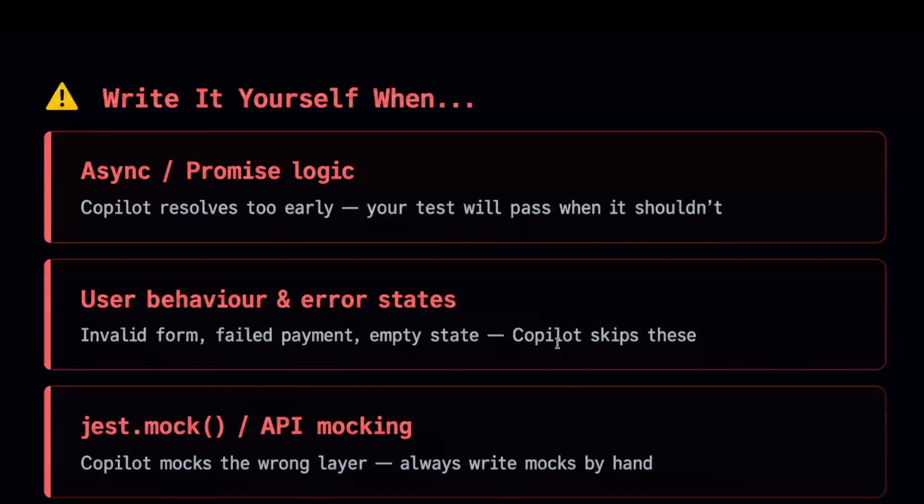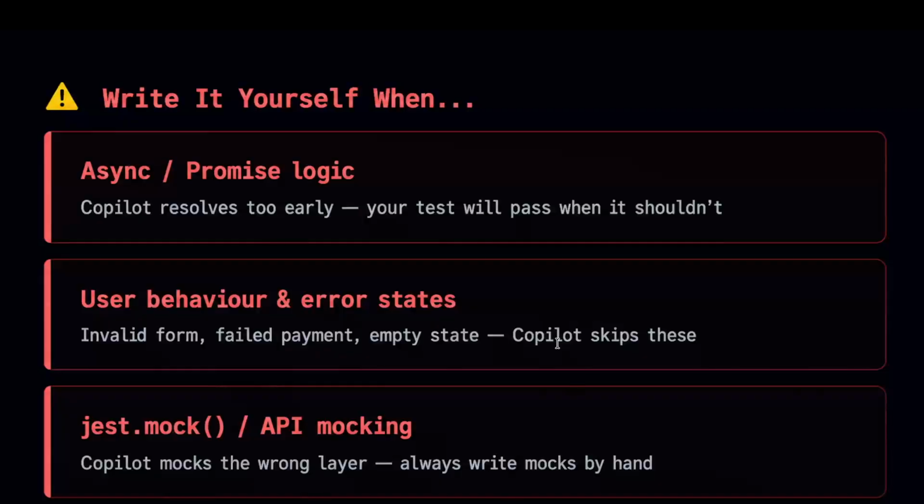But here is where Copilot will break it down. So first, async logic. If our function involves promises, timers or fetching, Copilot often writes a test that resolves immediately and passes even when your async code is broken. So it won't wait correctly, so we need to write those test cases by ourselves,